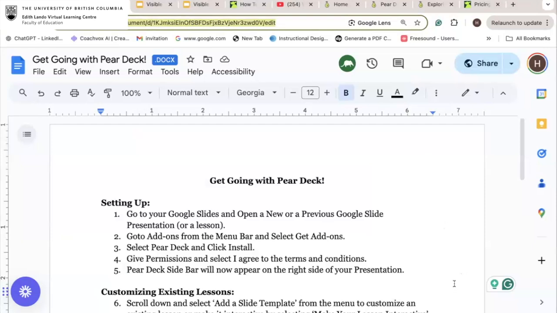And I have the document open on my screen as well for you. So you can go to the chat and access the document through the link, or you can just follow the steps you can see on my screen. Okay, just a little reminder, just steps 1 to 5 for now.